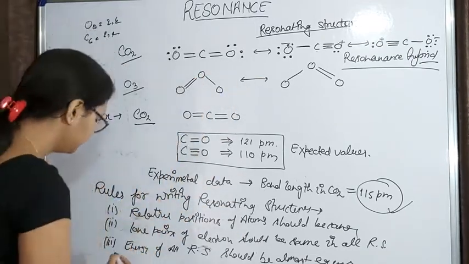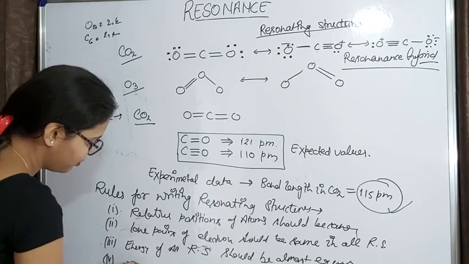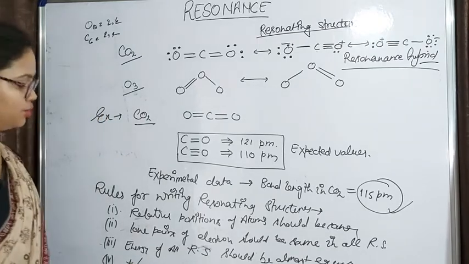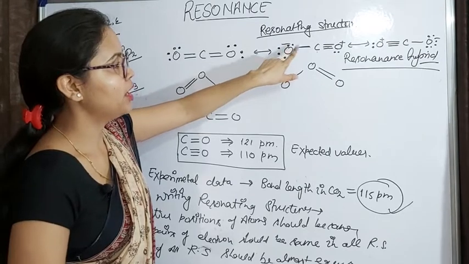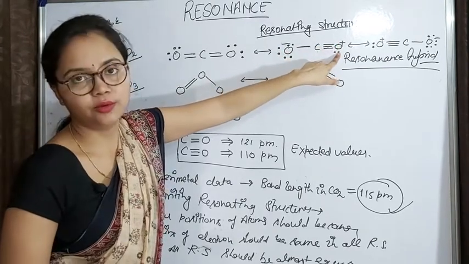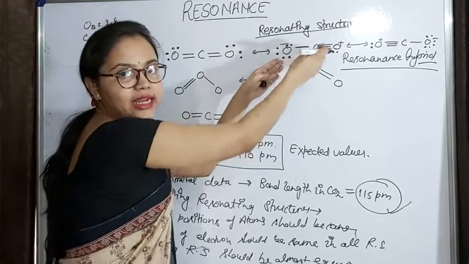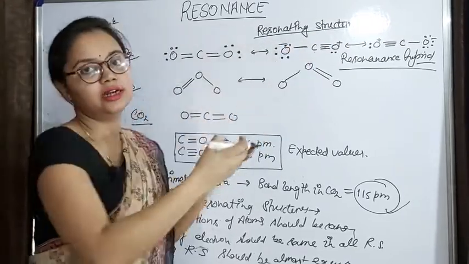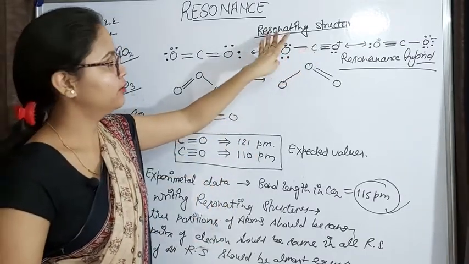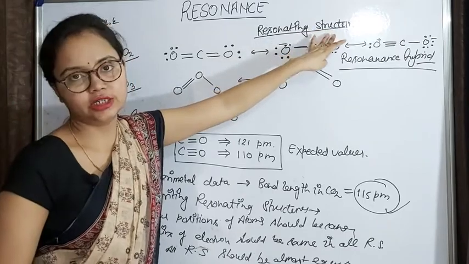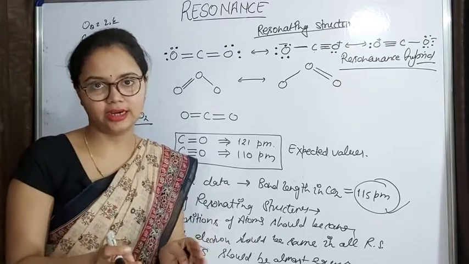Next is about positive and negative charge. You can see here that I have shown negative charge on this surrounding atom and positive charge on this surrounding atom. We will never represent positive and negative charge on adjacent atoms. We have to draw these charges alternately. So this is the fourth condition for the resonating structures: we will put positive and negative charge alternately, not on adjacent atoms.